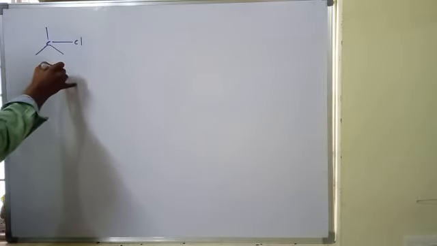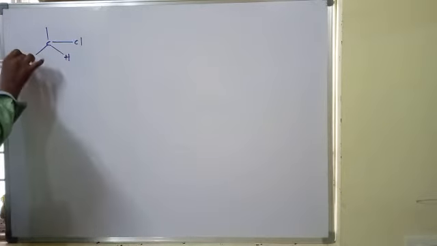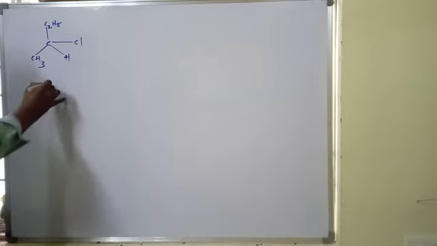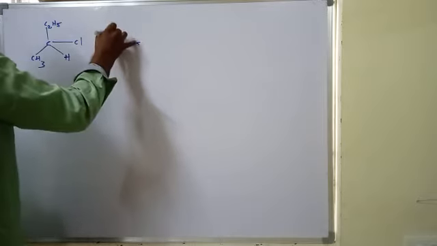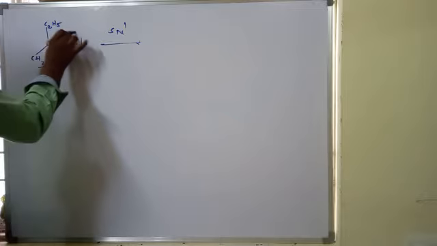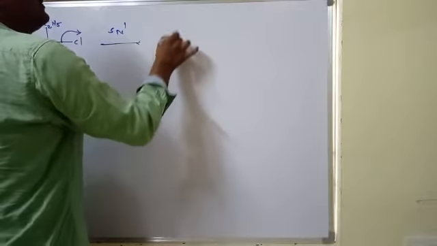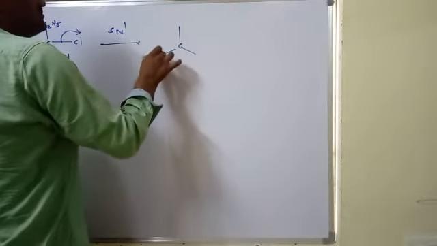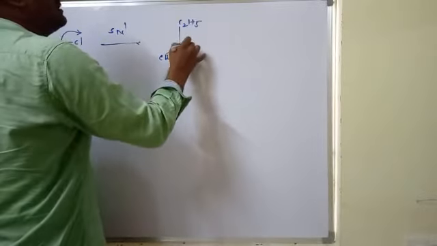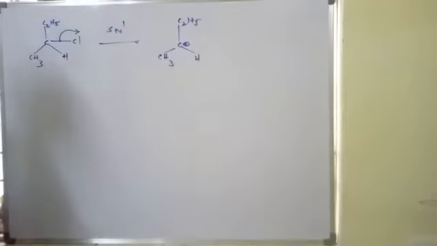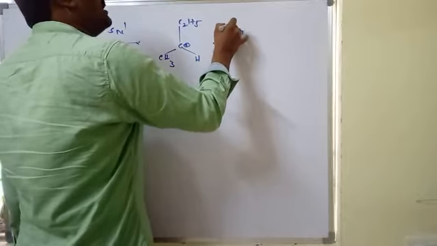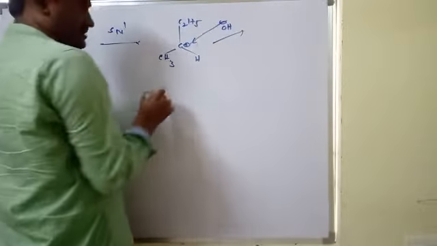Here I am taking an alkyl halide with chlorine, hydrogen, methyl, and for example ethyl. In the SN1 mechanism, if the same reaction participates in SN1, first chlorine is eliminated. Then it forms the carbocation intermediate, C2H5 carbocation. After formation of the carbocation intermediate, the OH minus will attack from the front side.